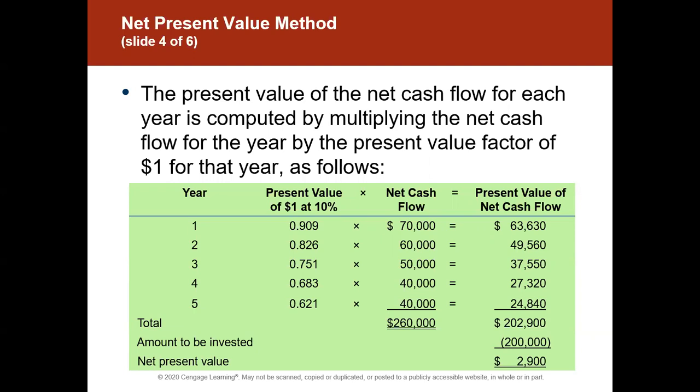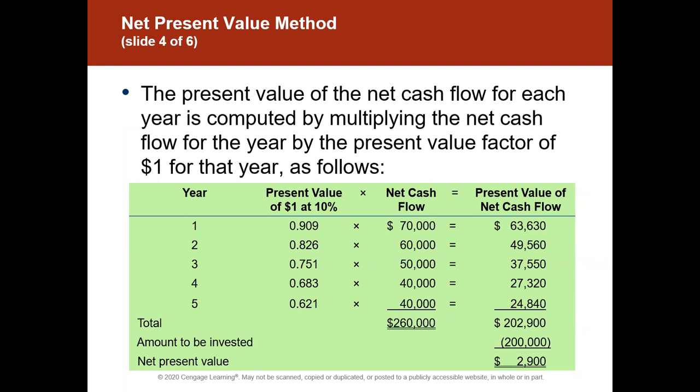So because we factored in that target rate of return into our present value factor, getting a net present value of 0 means our discounted present value cash flows equaled the amount of our initial investment. Okay, so